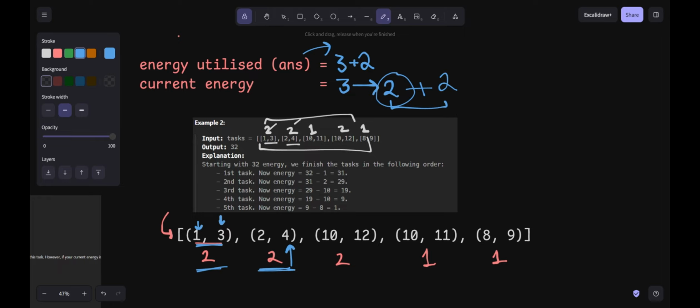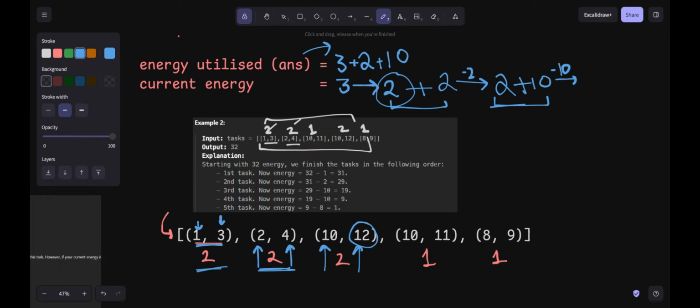Right now I have 4, and now it's going to drop by 2 again, right? Because we have the actual value 2 here, and it's going to become 2 again. Now I come here. The minimum criteria required is 12, and I have 2. So I need to fulfill 10 more, right? So I'll add 10 here also. Now I have 12 and it's going to decrease by 10 again, right?